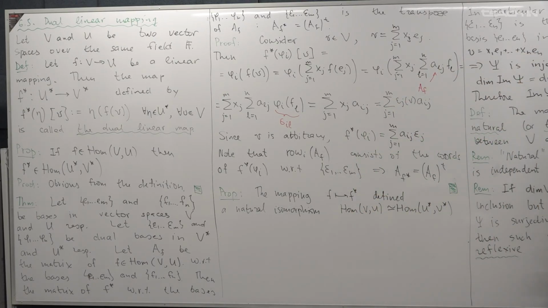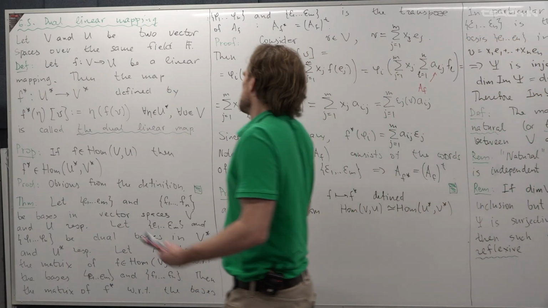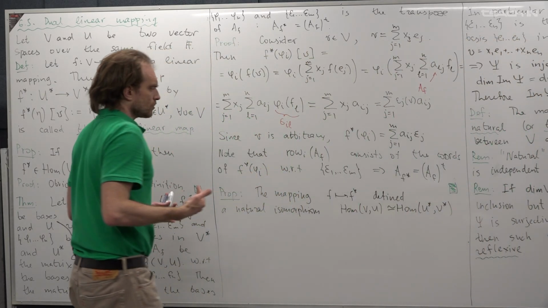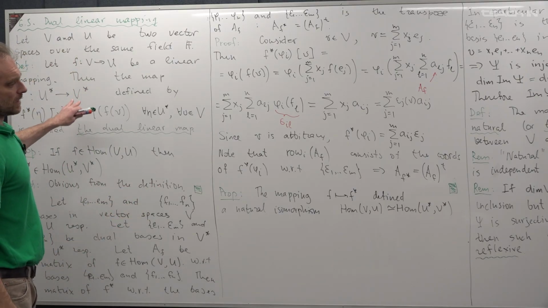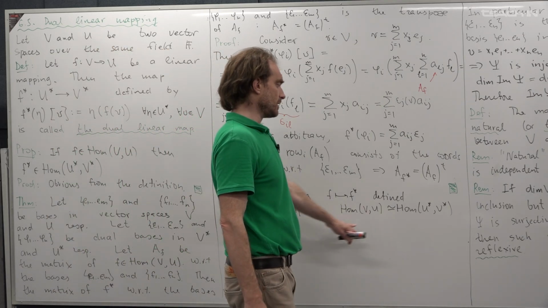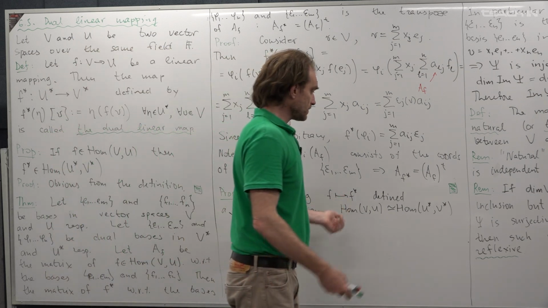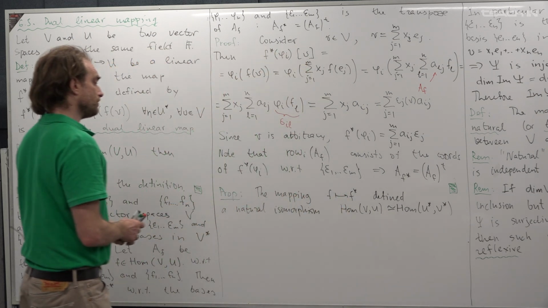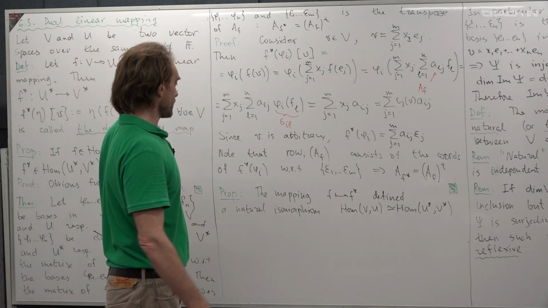Why is it more or less obvious? It's not obvious, but this is quite similar to what we proved before. We need to prove that this construction defines an isomorphism between these two spaces. We know that the dimensions are the same, so there is nothing strange in their being isomorphic, but